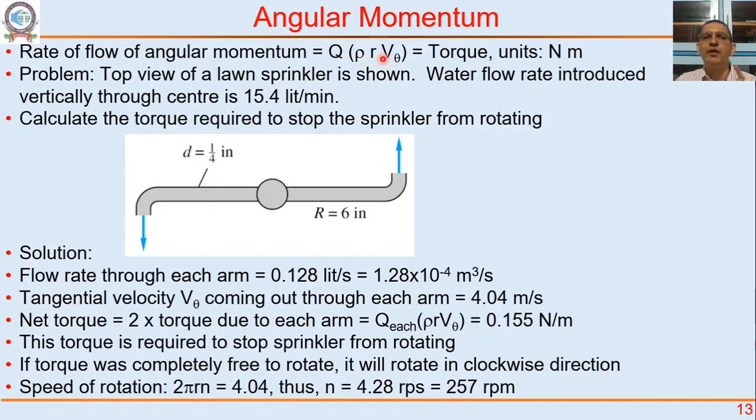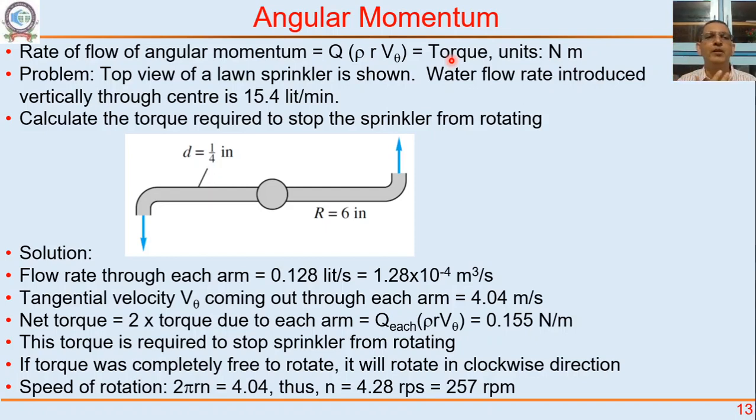And remember, if you are talking about a mass which is rotating or going around an axis, angular momentum is mass multiplied by r multiplied by velocity. Same way, angular momentum per unit volume would be rho multiplied by r multiplied by v theta. And if you see the units, this is nothing but the torque that acts because of this tangential motion of